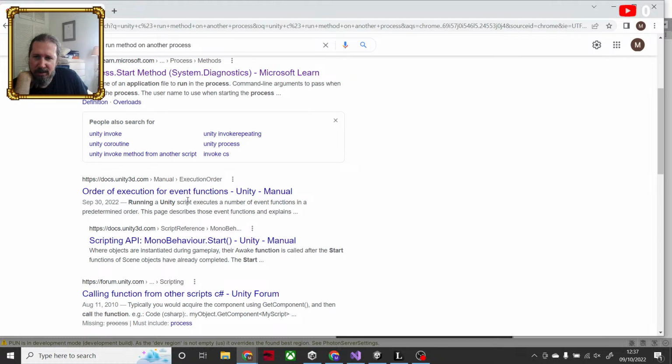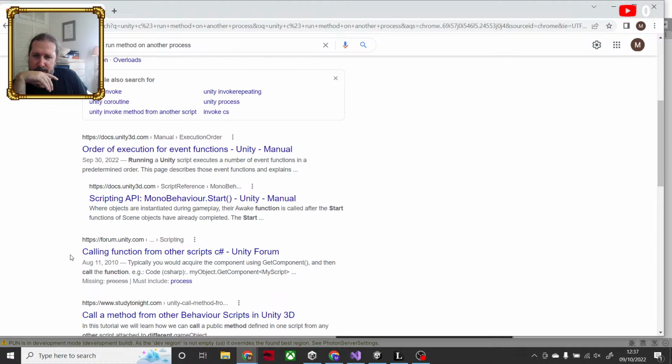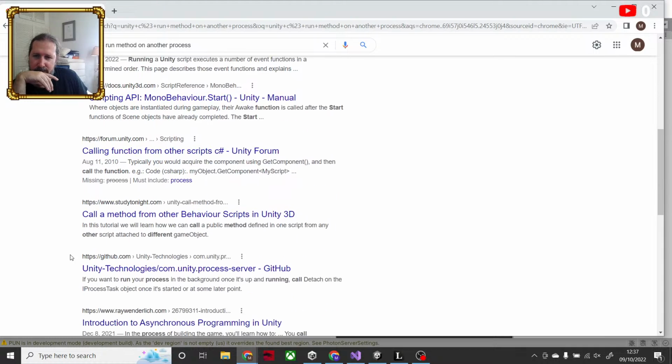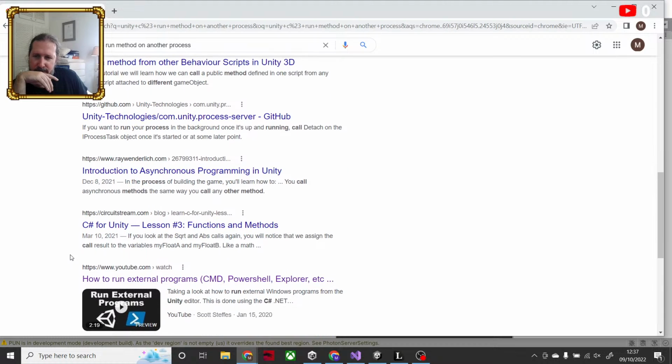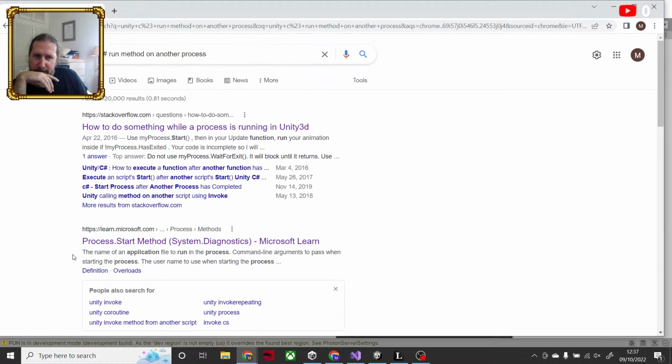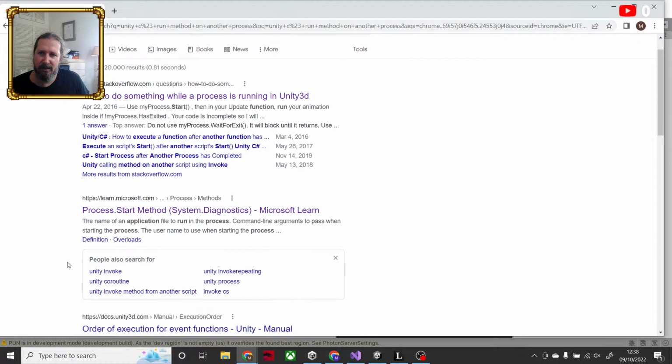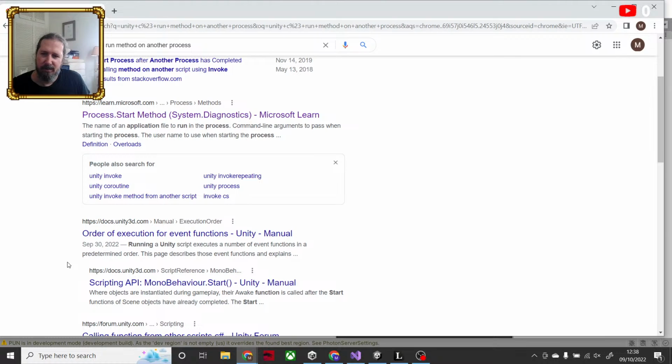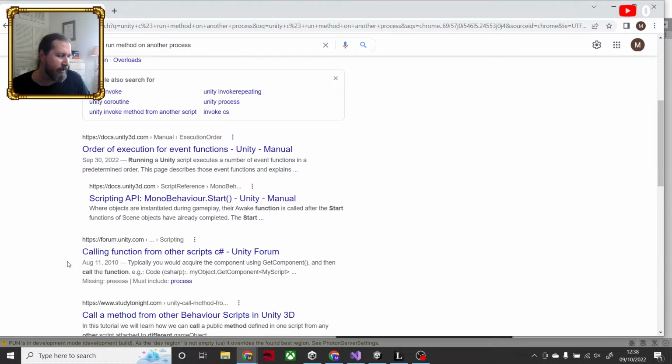Order of execution of event function. This is going to take some looking up to figure out, so I can't fit that in this video.